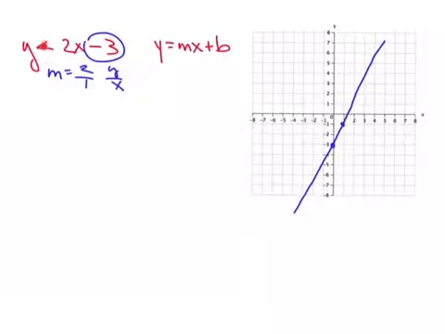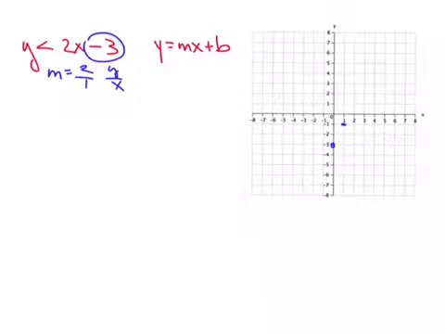But when this says less than, can y be equal to 2x minus 3? That's what this line is, 2x minus 3. Can it be equal to that? No, it cannot. It has to be below it. It cannot be equal to it. So that means that the answer does not lie on this line, which means we cannot include that line in our answer. So what I'm going to do is I'm going to erase that line,